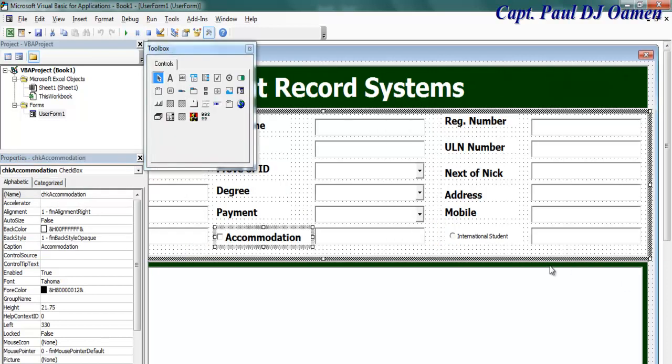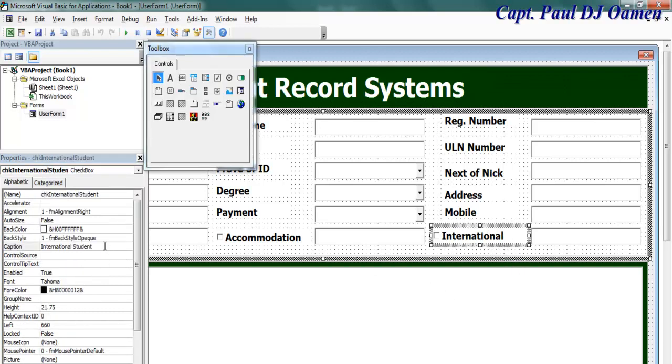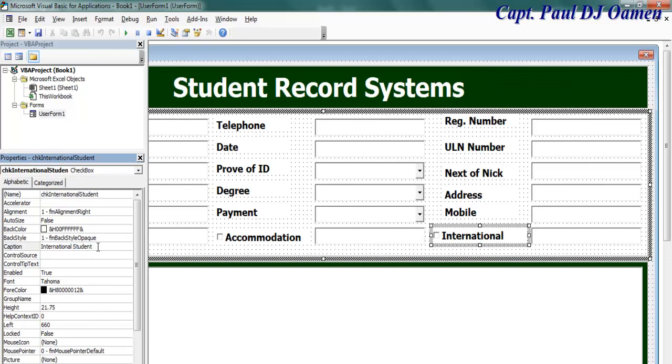Okay, and finally we have international student. So let's copy again, get rid of this, paste this here and change the name to CHK international student, and this will become international student. Right, or let's just put international STD student. Right, okay,